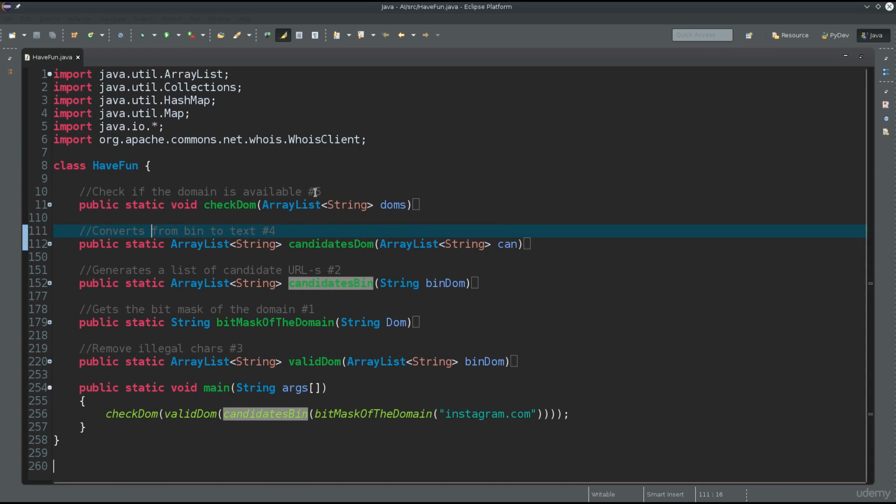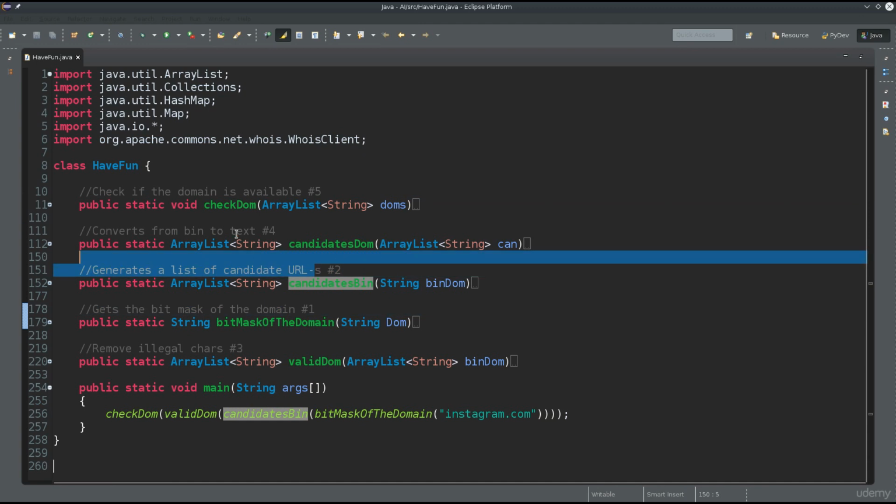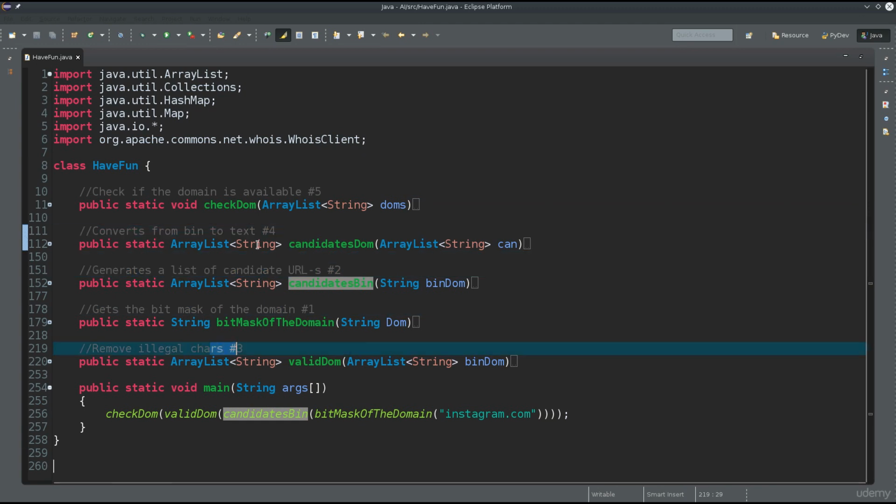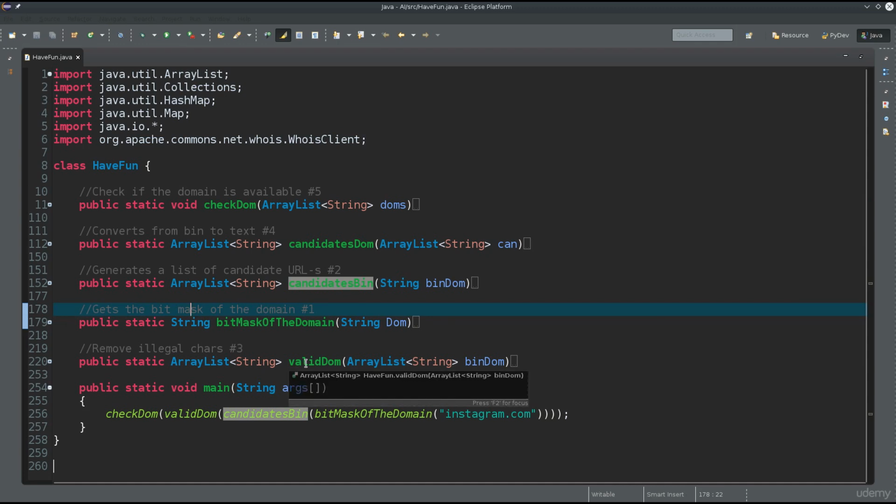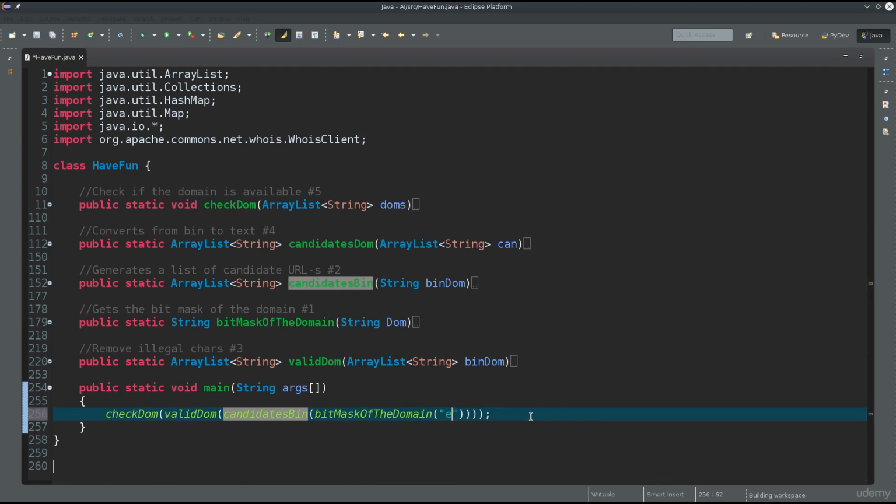So I've just created comments here, and I've stated that this is like, for example, first function, second function, third function, fourth, fifth, and they're going to be called in that approximate order. Anyway, let's go ahead and begin with the first function. So what does this function do? Well, as it says, gets the bit mask of the domain. So you basically pass a domain to it. We're not going to pass this domain. This was just for testing purposes. I'm just going to type in